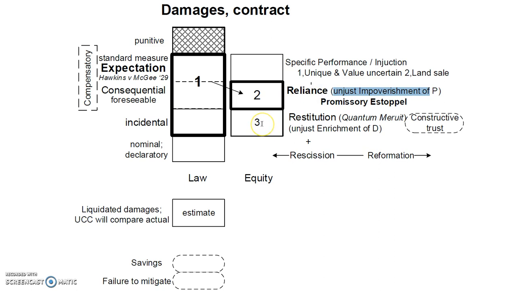And then in block number 3, the court will look to restore the plaintiff to the position they would have been in if there had not been breach of contract. So that is block number 3, restitution damages. These are damages in equity, so we have to look at factors such as the unjust enrichment of the defendant. There can also be the remedy of a constructive trust,